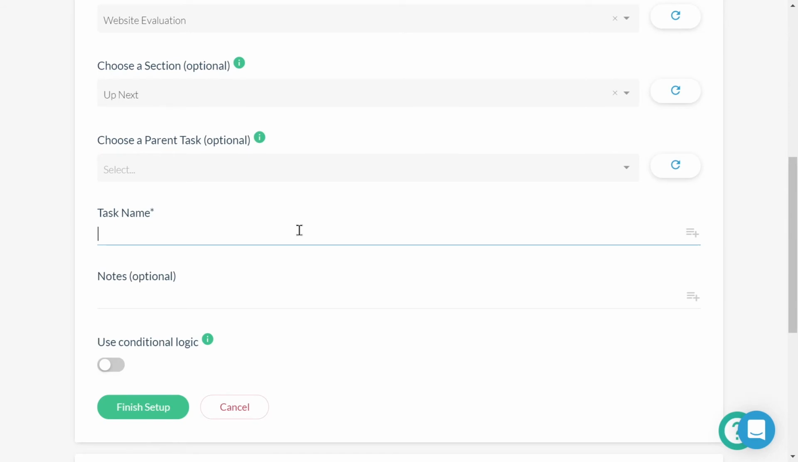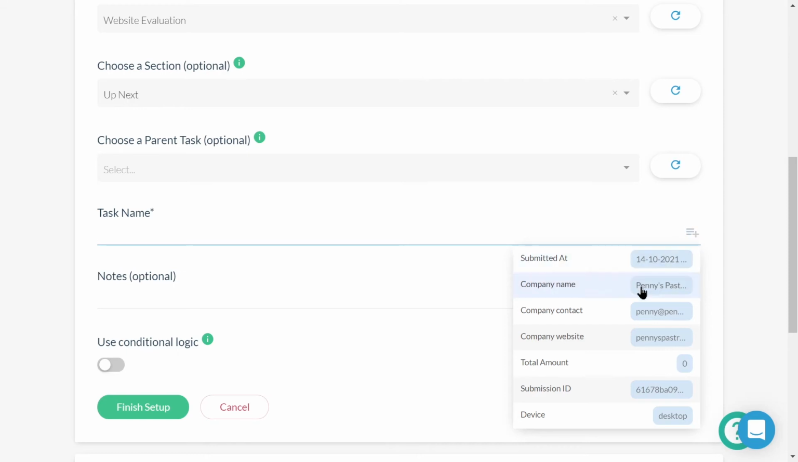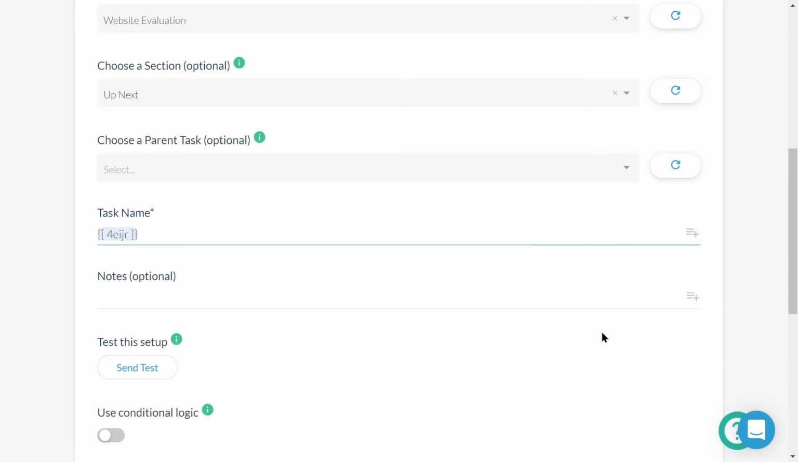I'm going to use the process of answer piping. I will click the icon that appears on the right-hand side, which will display the question fields within my form. I will select the question field, Company Website. This will populate the response given by the submitter into this section, and so the task name will be their